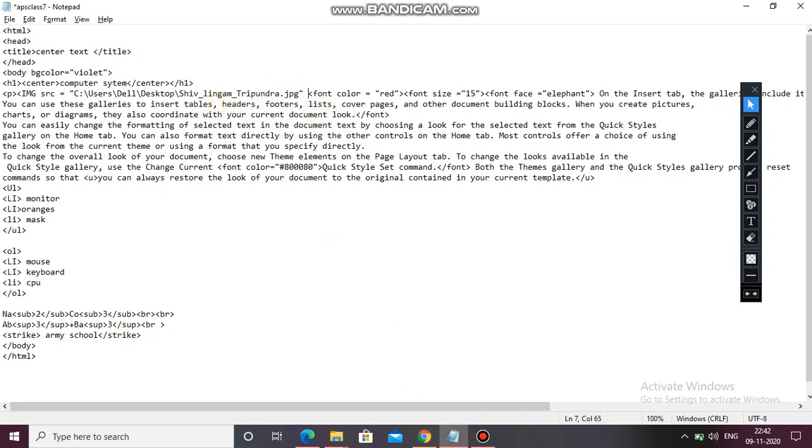So here, height equals to, in double inverted commas, whatever height you want, 50 pixels. Next, width equals to, in double inverted commas, you can take 100 px. Control S. Let's see the result of this.